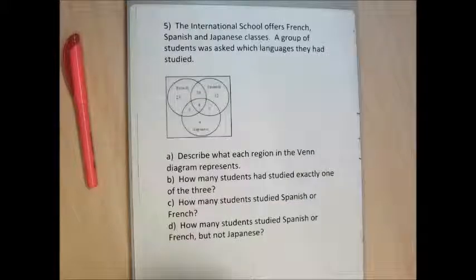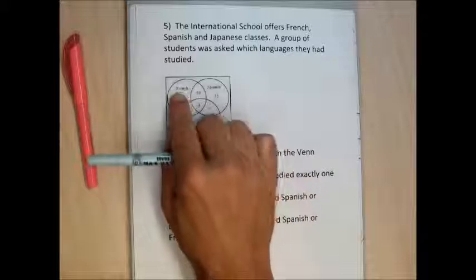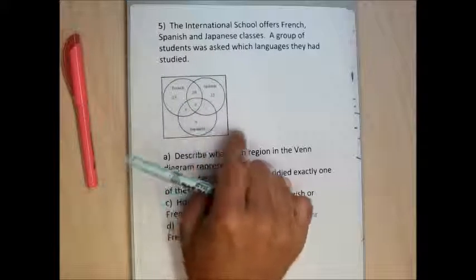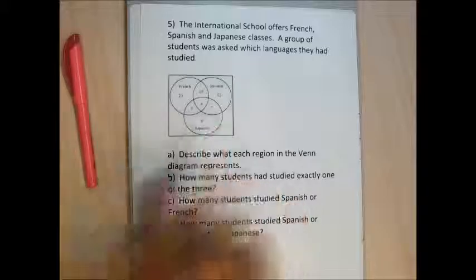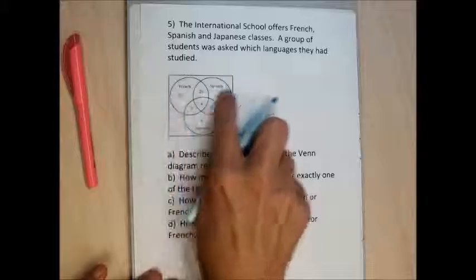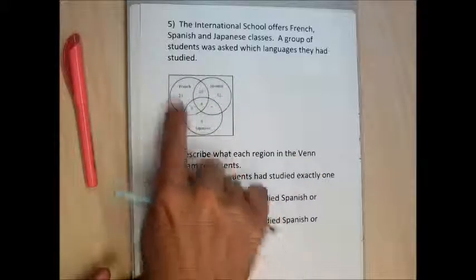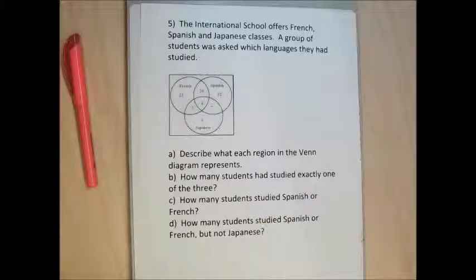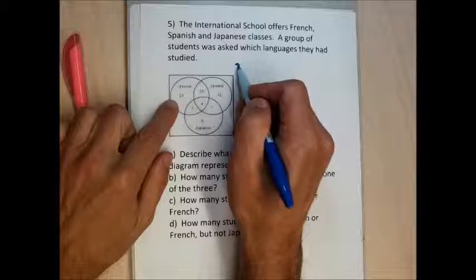All right, so number 5. The international school offers French, Spanish, and Japanese classes. A group of students was asked which languages they had studied. Some studied French, some studied Spanish, some studied Japanese. They all studied at least one of those because there isn't anything outside the diagram. So one at a time, I'm going to describe what each region represents. Region 1, 2, 3, 4, 5, 6, 7, 8. And I don't need to give the regions a number right now. So these 23 students